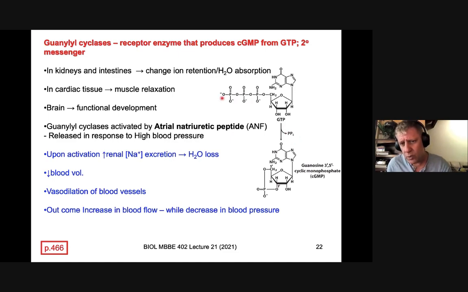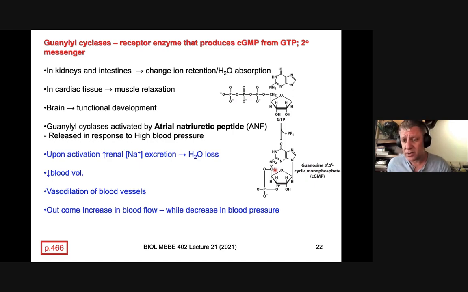So two phosphate groups come off. And with that remaining phosphate group in the number 5 position, remember our carbohydrate chemistry, and the 3 position of the hydroxyl group, we actually produce a phosphodiester bond, utilizing this hydroxyl group and this phosphate group, causing a cyclization between the 3 and the 5. Now, this is really important because this now becomes a very highly active transmitter